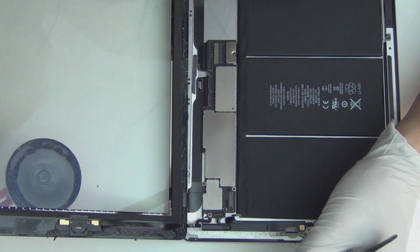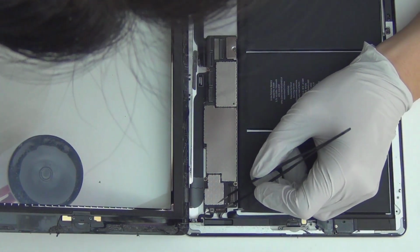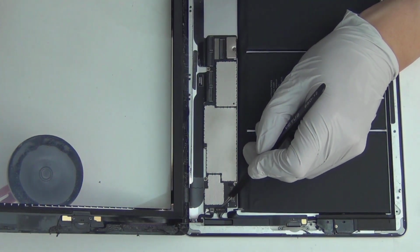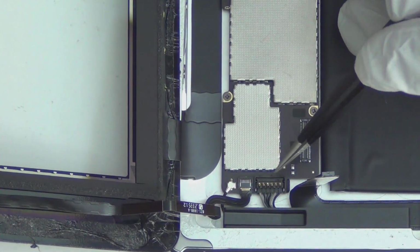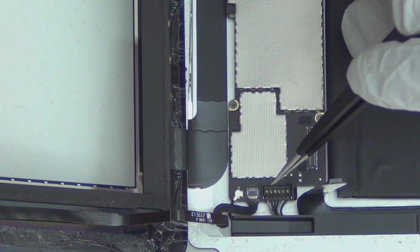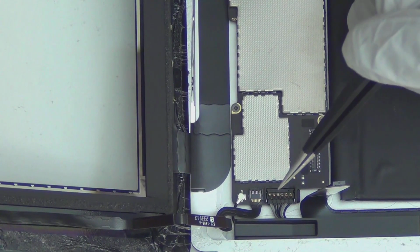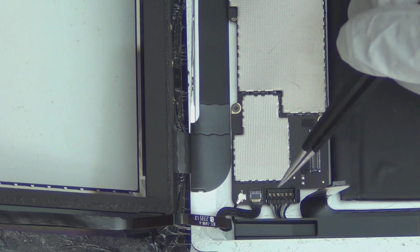Okay, so let's look at this area. It looks really, really similar to iPad 3. This is an audio connector. Let me zoom in for you. This connector exists in iPad 1, iPad 3, and iPad 4. iPad 2 doesn't have this connector. It has the 4 pin audio connector. This is a 6 pin